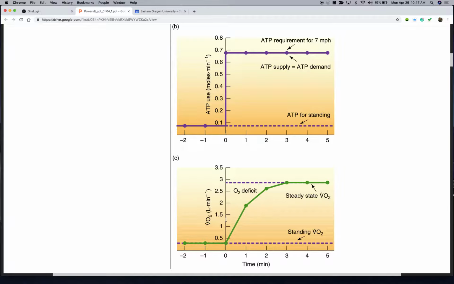Okay? And then we reach steady state and we go. Now, have we paid back this oxygen deficit once we reach steady state? No. We're living check by check at that point, right? We're now, through oxygen, bringing in enough money to pay for the ATP that we want to sustain this workload, right? Now, if we changed pace, we'd have to adapt to that. And that would require a little bit more oxygen debt until we got up to the new steady state level of oxygen consumption, right?